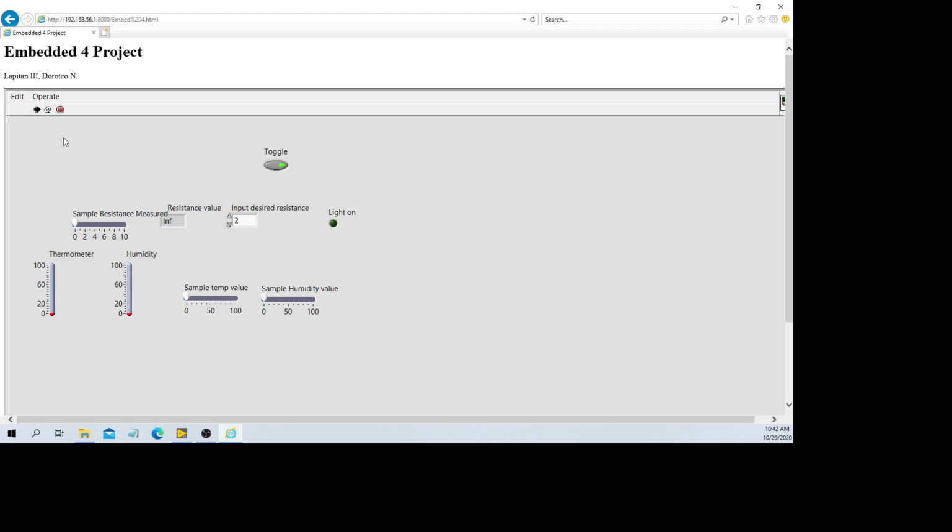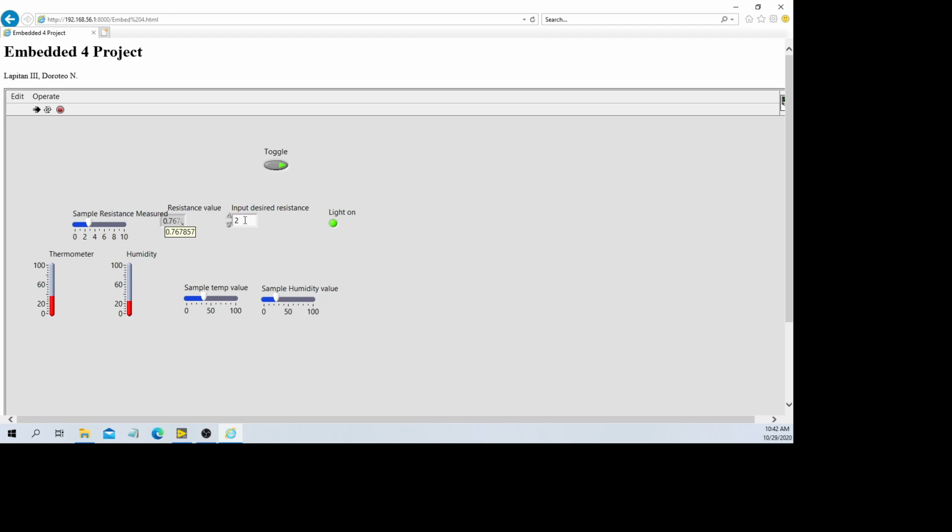We're going to run. As you can see, all are default to 0. And for example, the value of the temperature is 35 and humidity is 25. It will be indicated here. In real time, it would fluctuate automatically. But since we're not using actual devices, it's the only way we could prove. And this would be the resistance value measured.